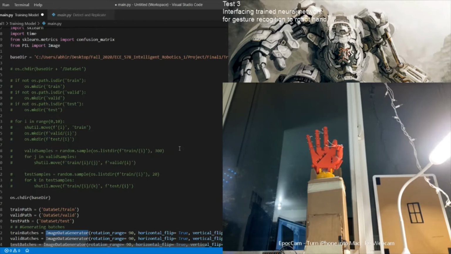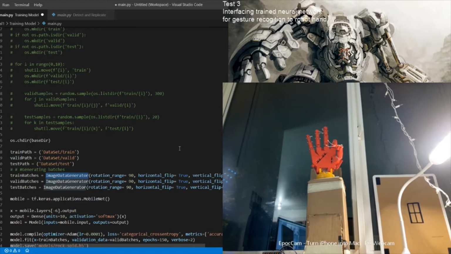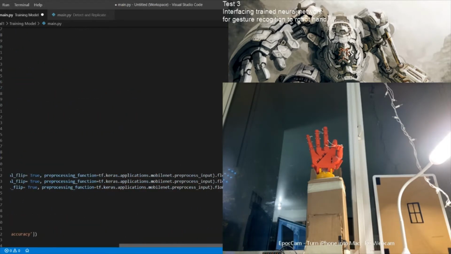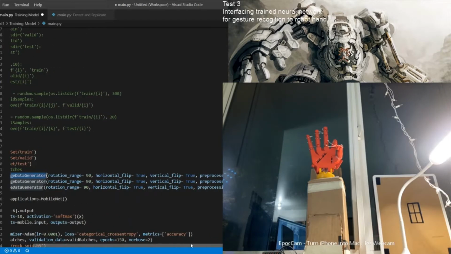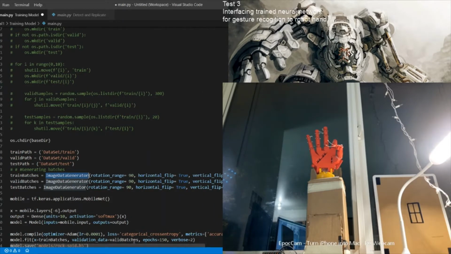So what this data generator does is, whenever we are training the model, it will take an image from that given directory, pre-process it as required. Maybe it will rotate the image. It may flip the image horizontally or vertically and give the image to the neural network input, pass it through the net, and get the output.